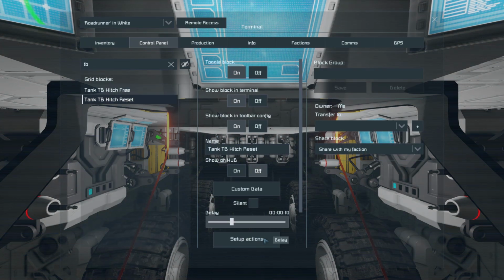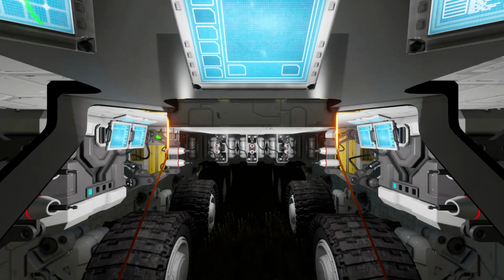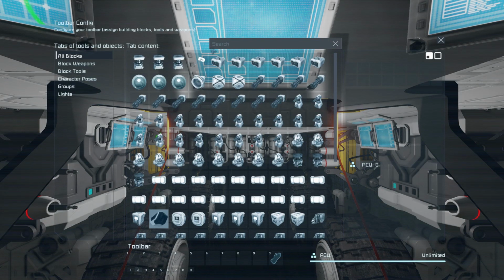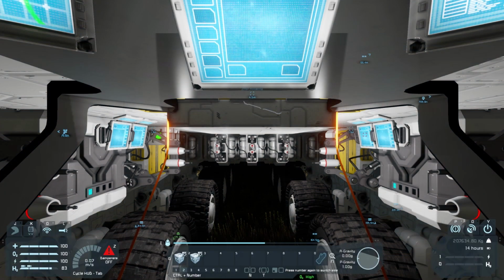The reset control script simply turns the rotors back on and then tells the programmable block to run, which sets everything to go to 0. So all I need to do to set up the controls for the hitch is to go timer block and go hitch free, trigger now, and hitch reset, trigger now. And that's it. So when I'm finally hooked up to the catapult, all I have to do is click hitch free, and when I want to detach, or when I have detached, I can press 2 to reset so I can reconnect. Nice. So that was...